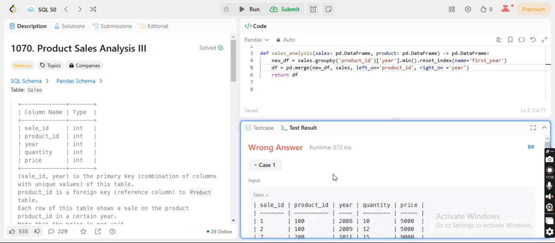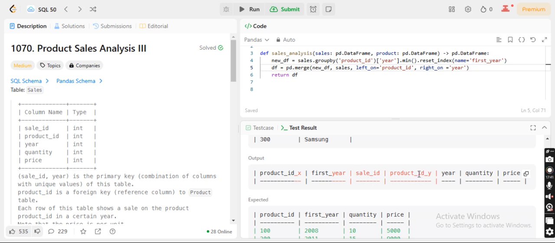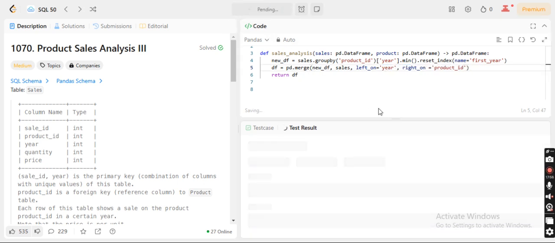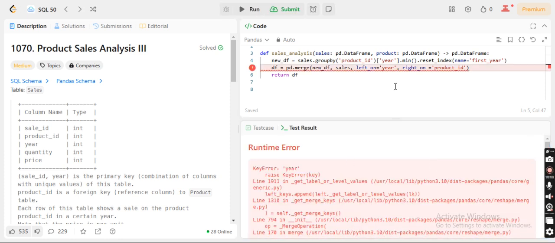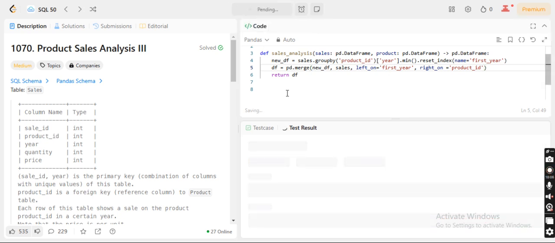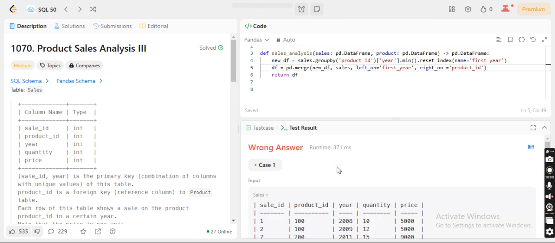So again it will be an issue, but it has worked. And I'll just do this product ID here. Okay, first year. I'm actually just checking what I am considering as my left and right table.